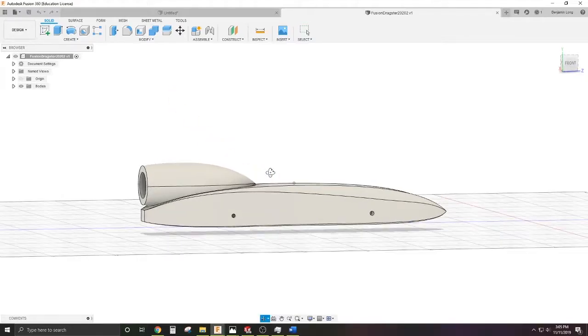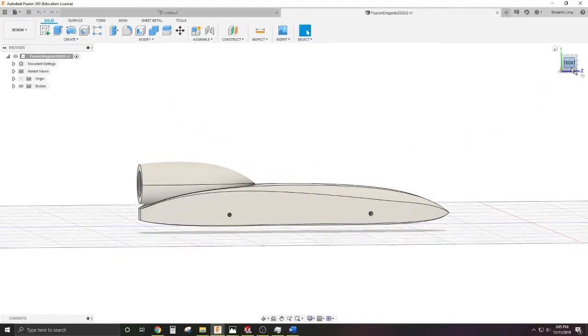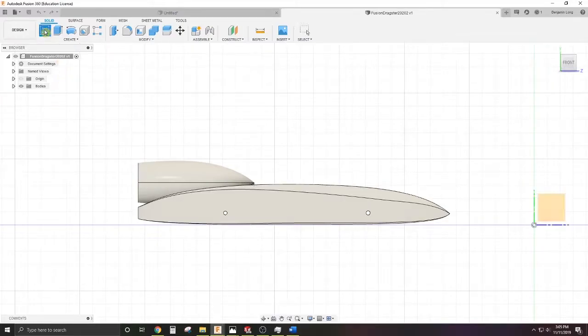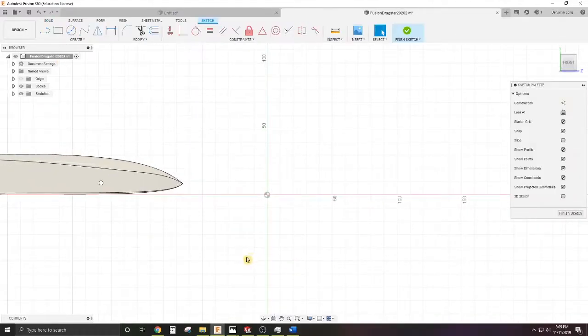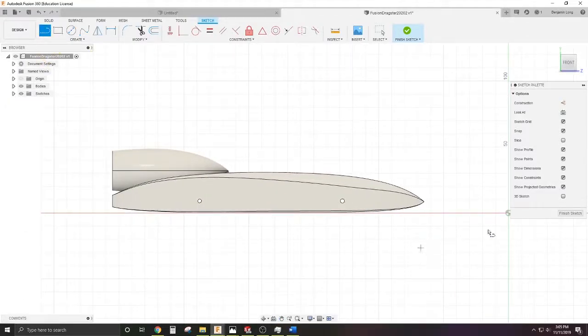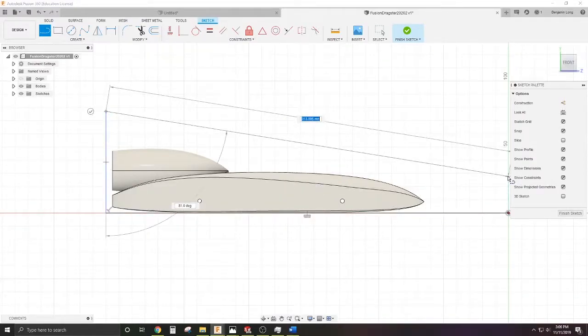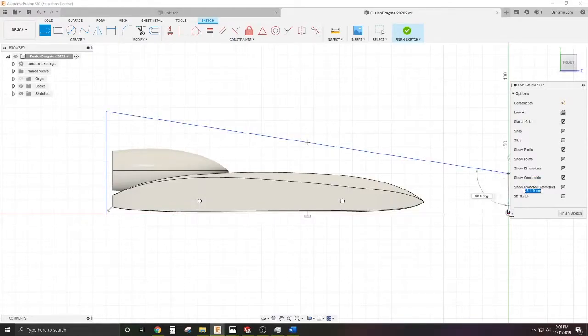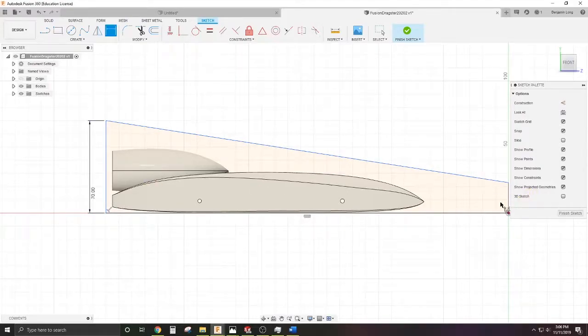The first thing I'm going to create is the stock itself. I'm going to start by creating a sketch on the right plane, and as I create that sketch, I'm going to create the stock or body that you started with to create your dragster. I'm going to just draw the rough shape of the sketch, and then I will add in the measurements that I need. We know that the height of the dragster is 70. The height over here,